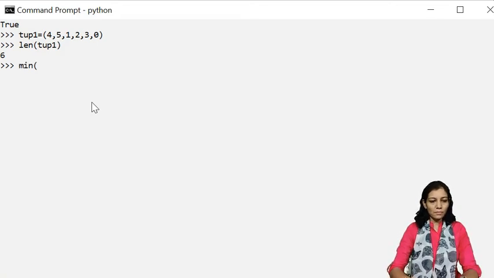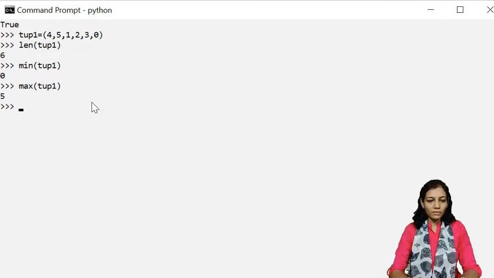Now let us understand the minimum value of the tuple, that is 0. Similarly max is 5. Now we are going to see the index of the tuple, tup1.index. Which index do we want?